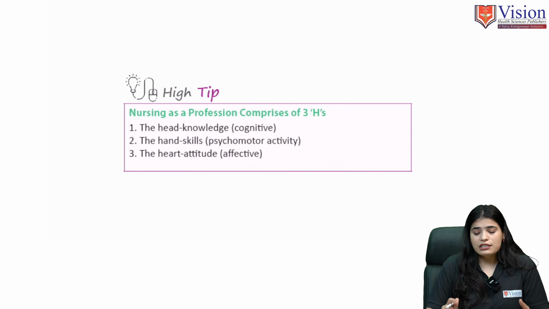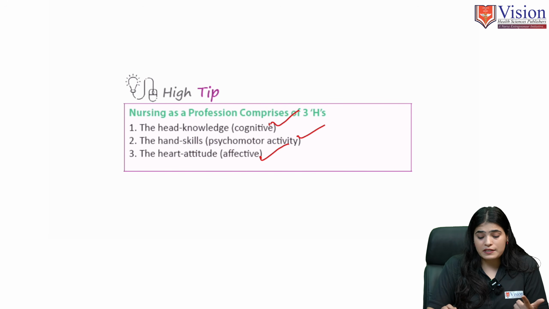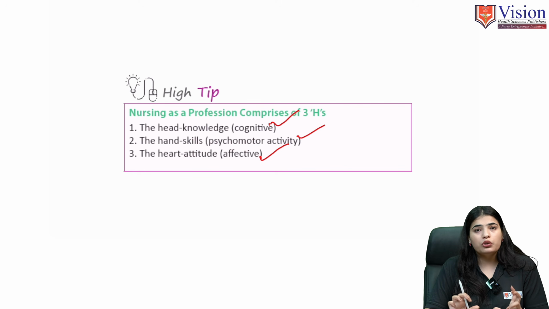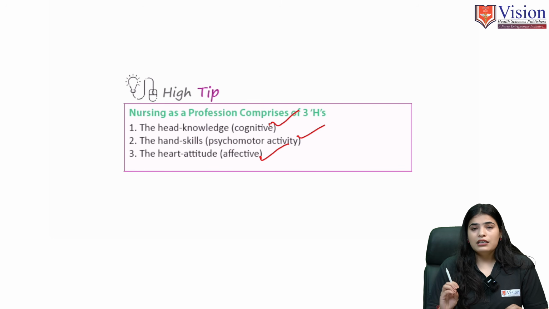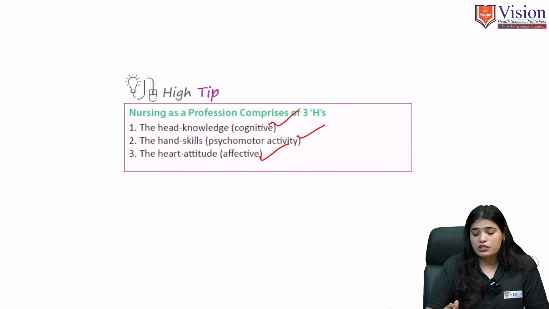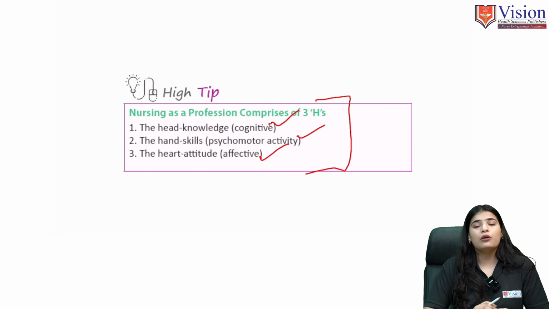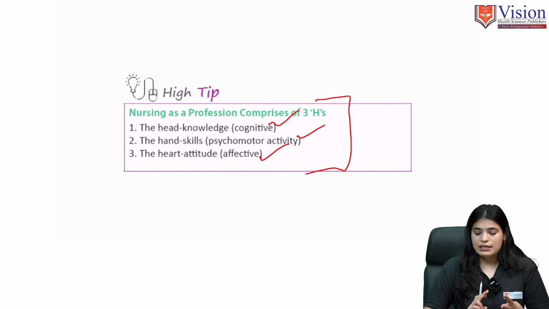So nursing as a profession, it includes three things. One is cognitive, another one is psychomotor activity, and one is affective. Cognitive means you have to use your brains. Psychomotor activities, you have to use your skills. And affective, that means you have to use your emotions, and you have to be empathetic while you are dealing with the patients. So these are the three main components of a nursing profession. You have to use cognitive abilities, you have to use your skills, and you should be